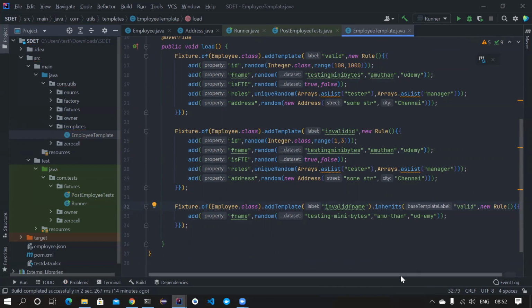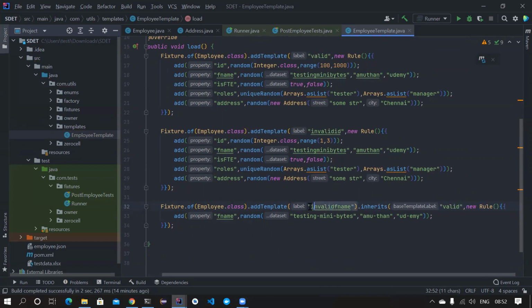That's it, guys. I am creating a new template called invalid first name, which inherits all the properties from here. And I'm defining one rule that overrides the existing rule of first name. So for other fields, it will take from the valid, and for the first name alone, it will take this. So this will also become a valid value now.